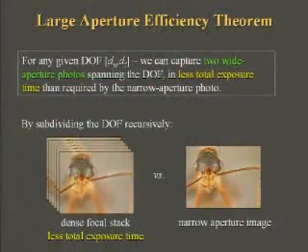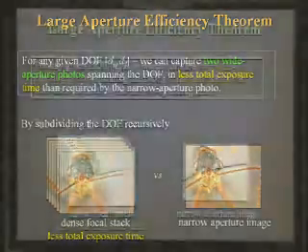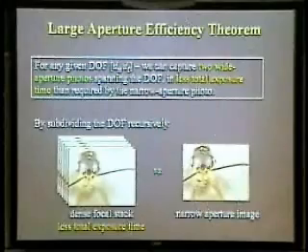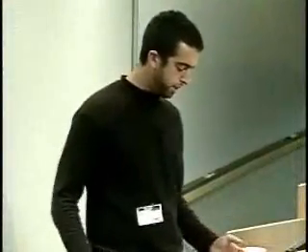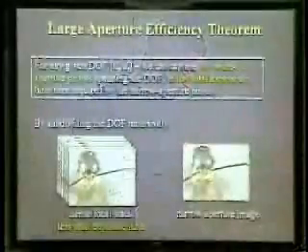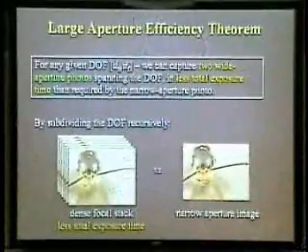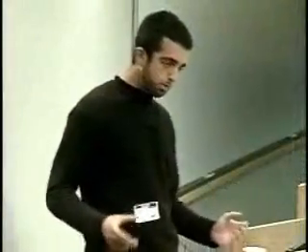Now this idea can be formalized, and we can show that for any depth of field whatsoever, capturing 2 wide aperture photos spanning the depth of field requires less total exposure time than a single narrow aperture photo. Our proof is simple and non-constructive, and just relies on a little calculus. So perhaps counterintuitively, by applying this result recursively to the intervals, we can keep dividing and becoming more and more light efficient until we reach some kind of limit that's imposed by the maximum aperture size of the lens.